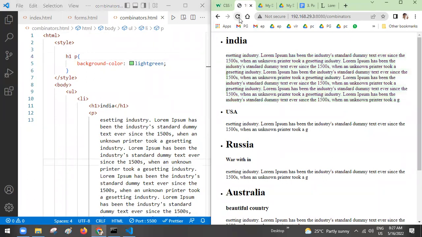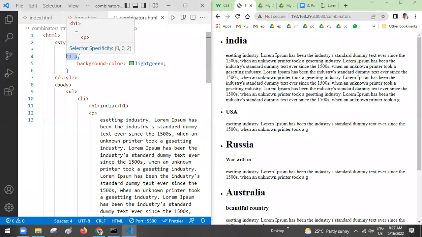So is there any paragraph in the H1? First of all, this is a very old selector. This is descendant selector. Actually, H1 doesn't contain P, therefore no P's are selected, sir. Very good. So if I say greater than P, then